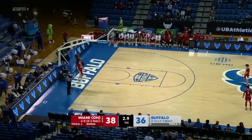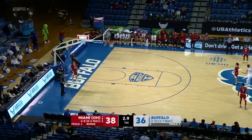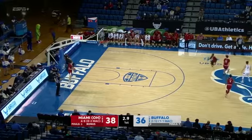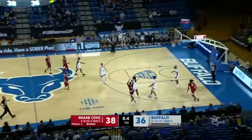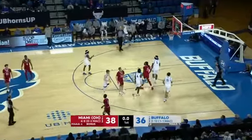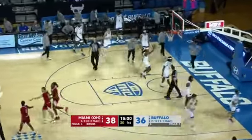All right, so it's a 2-point game right now. It's Buffalo's job to make sure these last 2.9 seconds don't change that. Quickly get it into Cooper. Cooper pulls up for the 3, off the side of the backboard, and no good. And we go